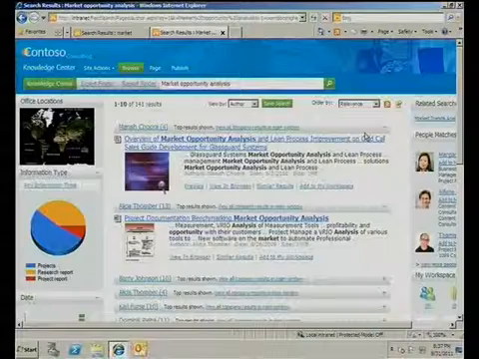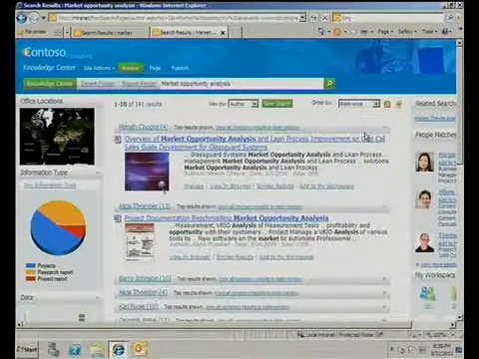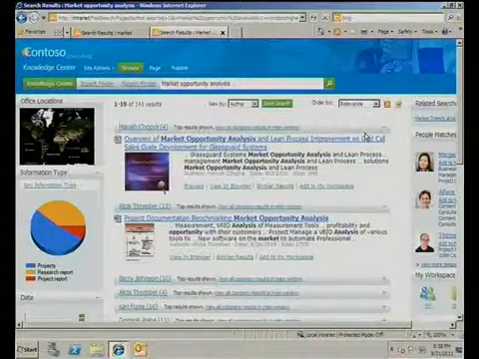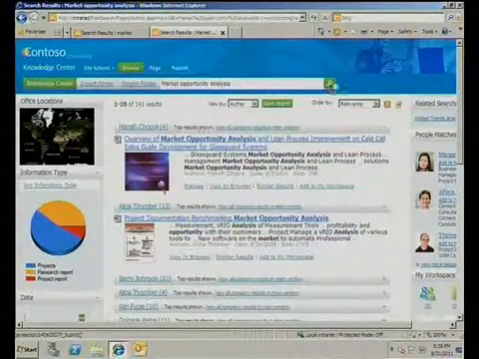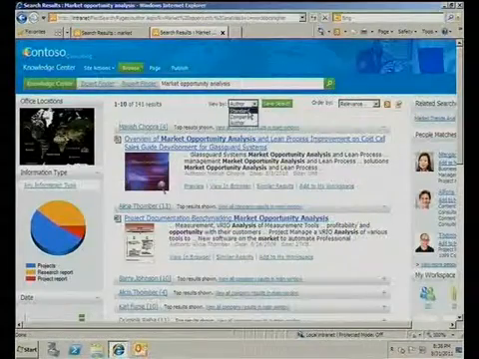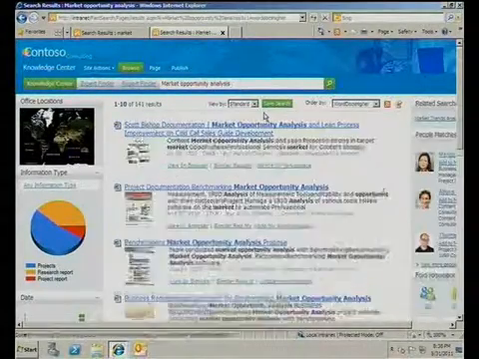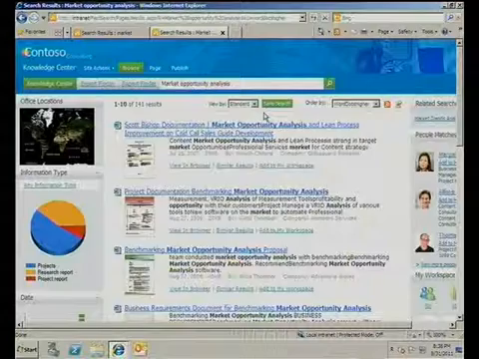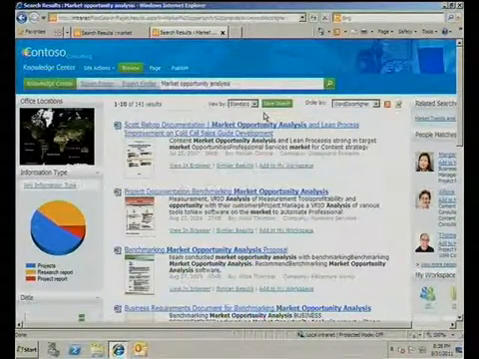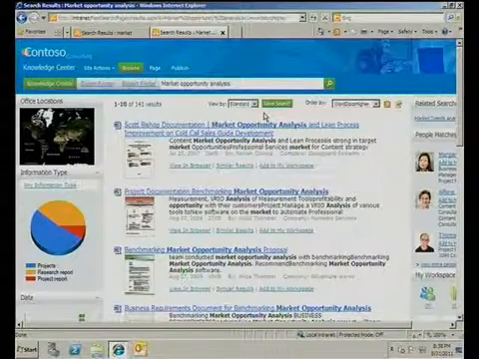Now, I've shown you how to drill down and how to basically narrow your search result. But what if you want to go sideways? What if I want to make a search for market opportunity analysis? Just go back to the default view. Market opportunity analysis. And then say, show me all other documents which have got content very similar to what's there